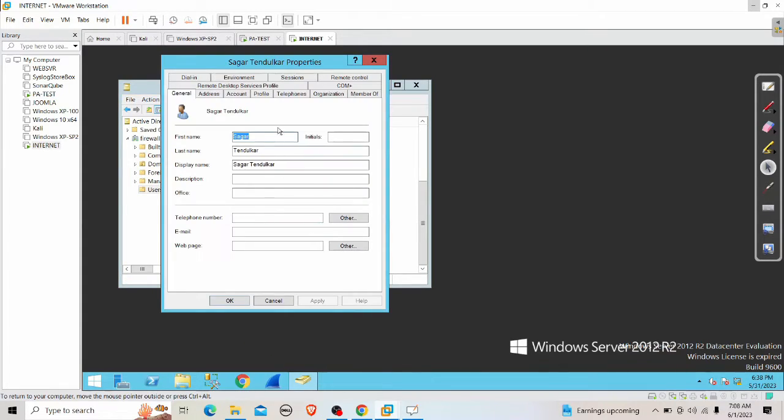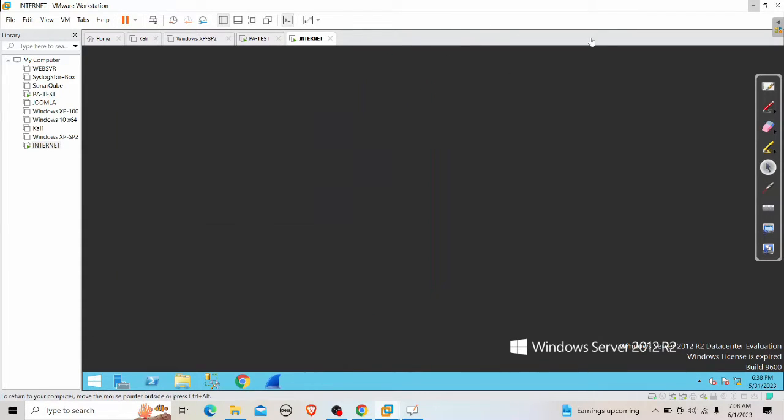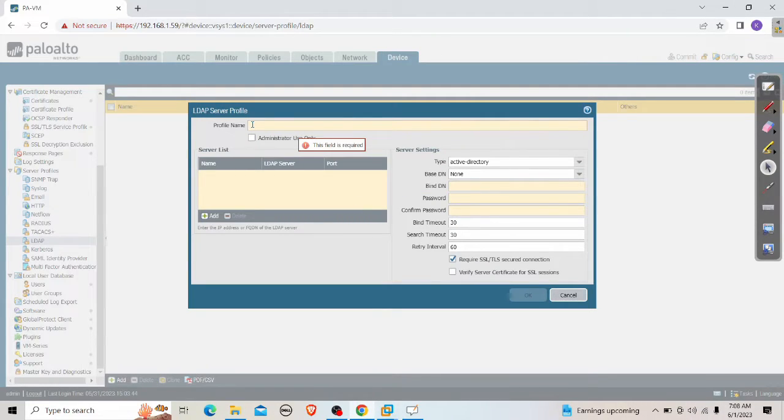So let me go here and let me go to the account section. Actually you can use this as the bind DN, sagar@firelife.local. So this can be used as the bind DN, and the password. And let me go back here to the firewall. And before that, before putting the user here, we need to